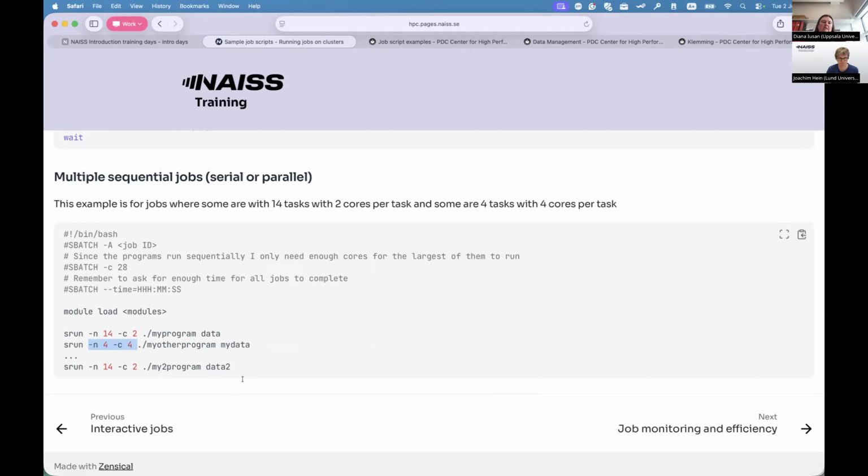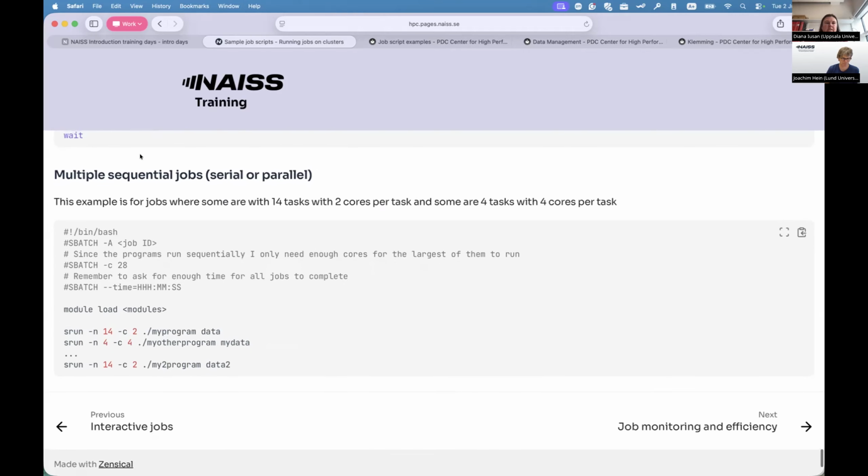cores per task. You do need to ensure that whatever number of tasks and cores per task you specify for these different steps of your job is equal to or less than the number of cores you are actually specifying in your sbatch script. Otherwise, Slurm is going to complain, saying that you are trying to run something which it does not actually have resources for. Okay, so this is more or less it when it comes